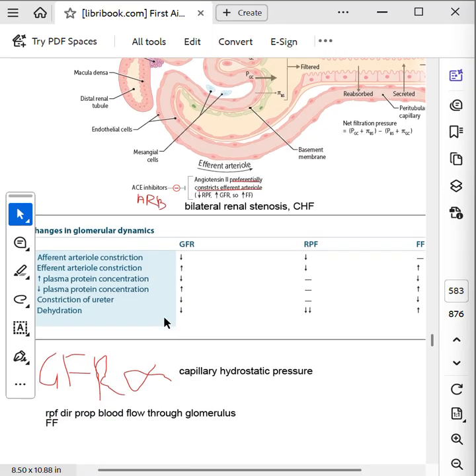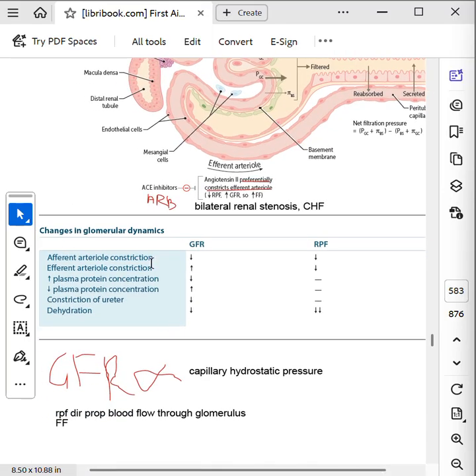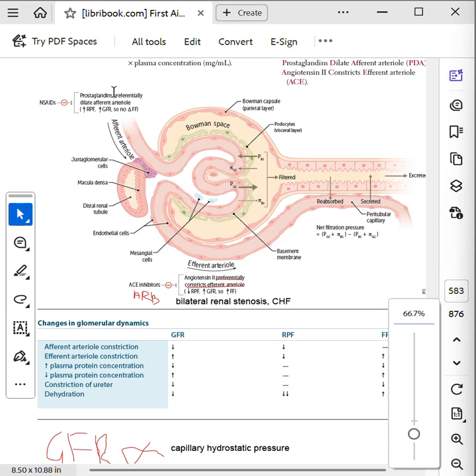Okay, now we have some changes that we should understand here. First, afferent arteriolar constriction. If I take the afferent arteriole and put a rubber band around this pipe, what will happen to the plasma that's flowing in? Since less plasma is flowing in, the renal plasma flow that is coming out is also decreased. Why? Because less is coming in, so even less is going out. So whenever my afferent arteriole is constricted, the incoming plasma is less, so my renal plasma flow decreases, and since I am constricting it, my GFR also decreases. Since both of them decrease by the same proportion, filtration fraction is unaffected. This is the first case, right?